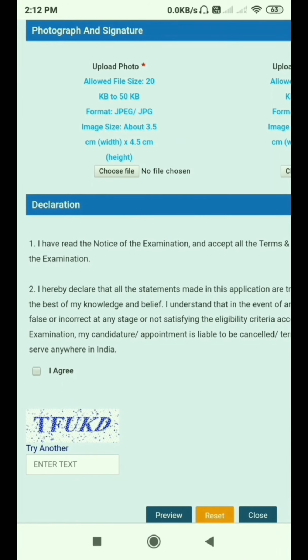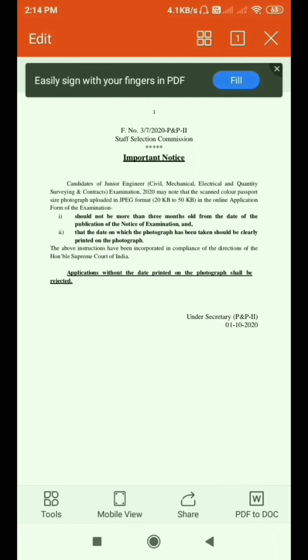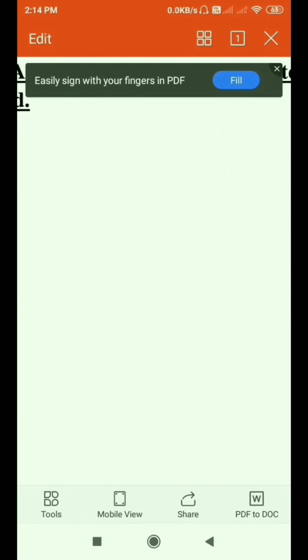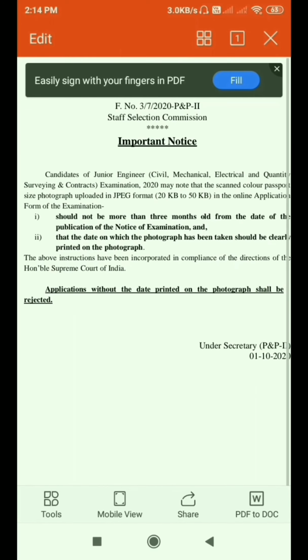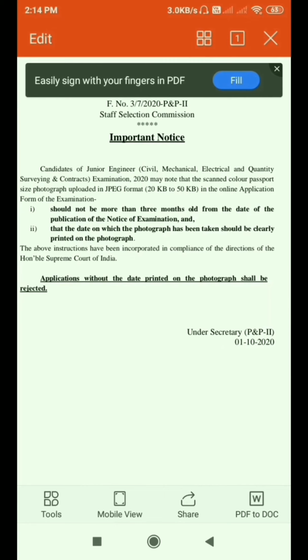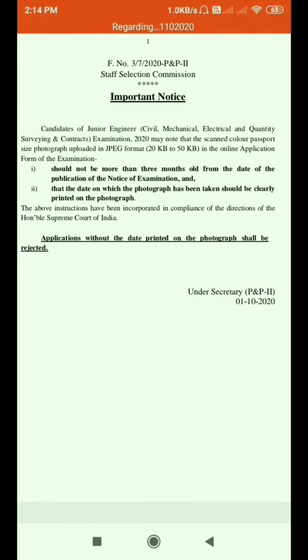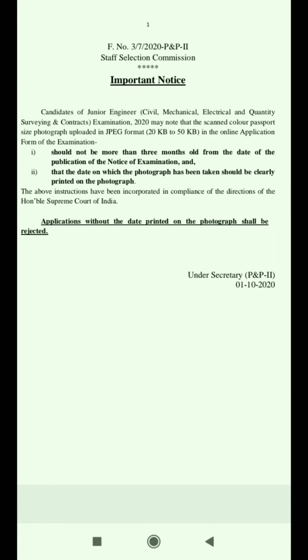And one of the important things is that the Staff Selection Commission gives important notes on uploading a photo. Our photo must definitely be not more than 3 months old from the date of releasing the application. And they give one more point, that the date on which the photograph has been taken must be clearly printed on the photograph.